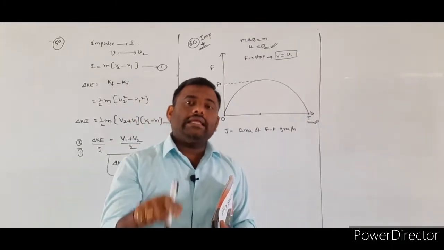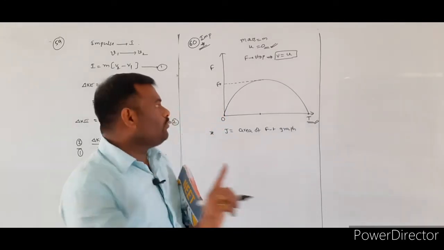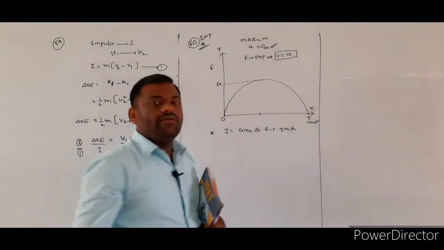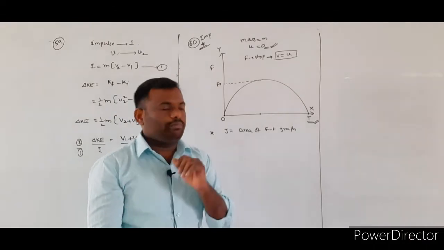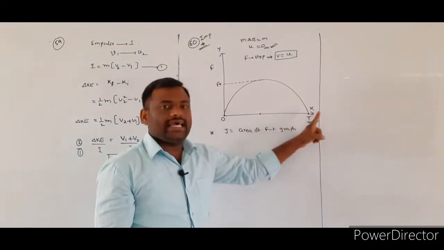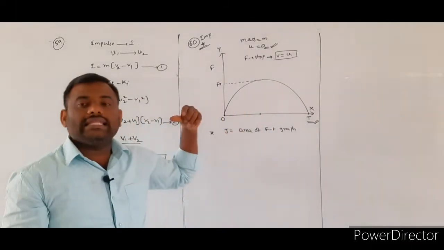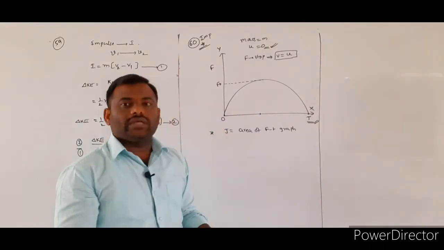You write pi r square by 2 when the physical quantities along the y-axis as well as along the x-axis remain the same. But here along the x-axis one physical quantity is represented, along the y-axis another physical quantity is represented. At that time the area value can be written